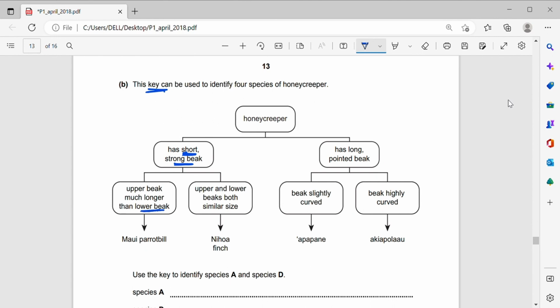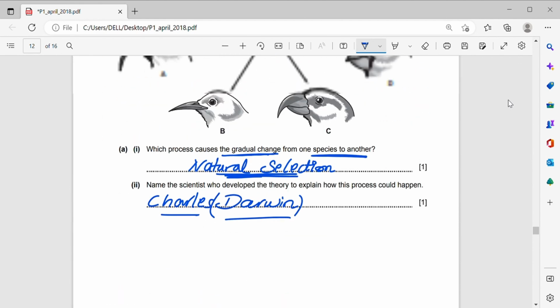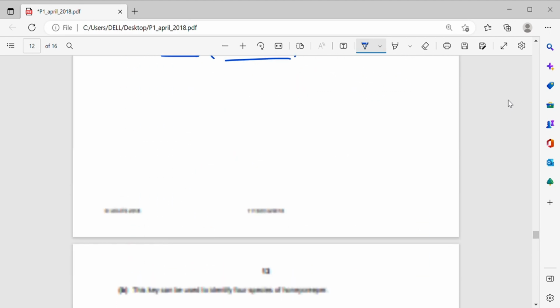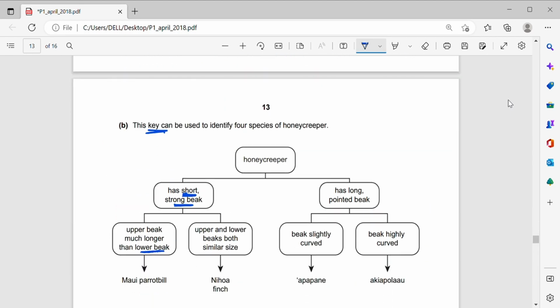So, short and strong. Where are the short ones? We have D and C. Both are short and strong. But here, with the upper beak much longer than the lower beak, it's the C, the Maui parrot